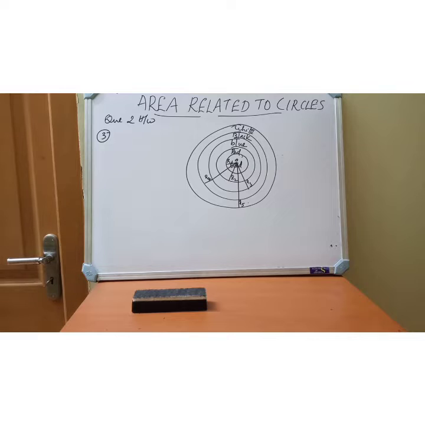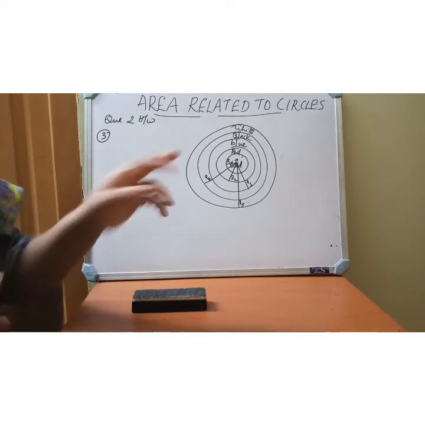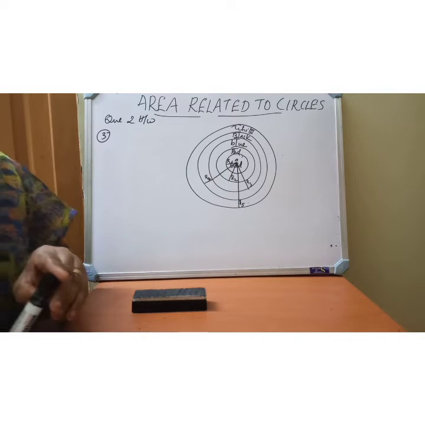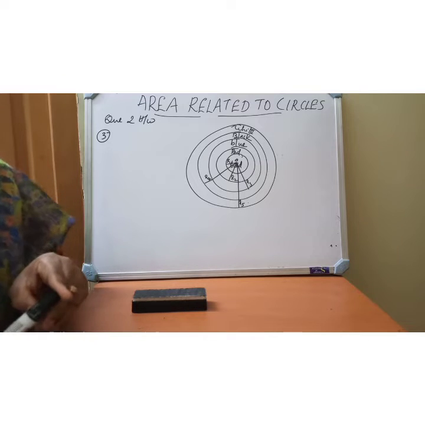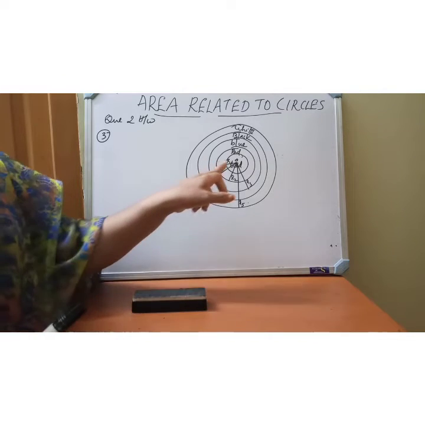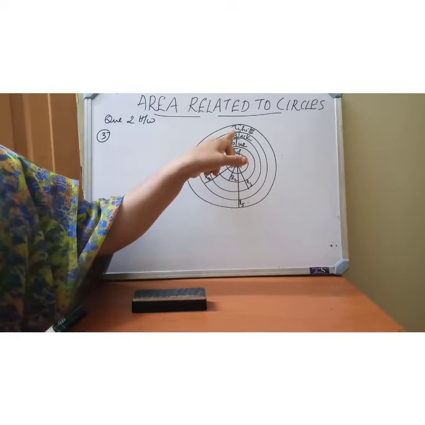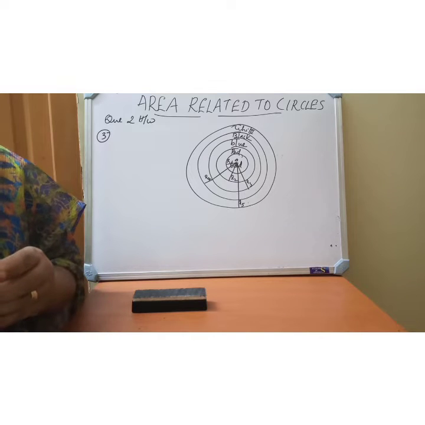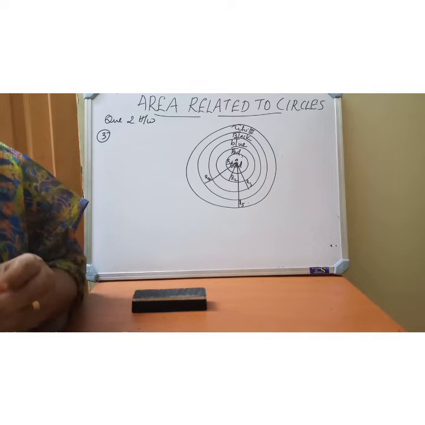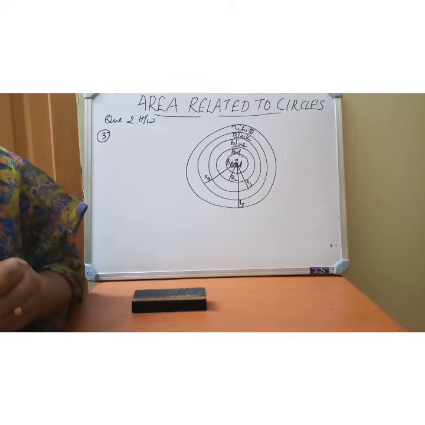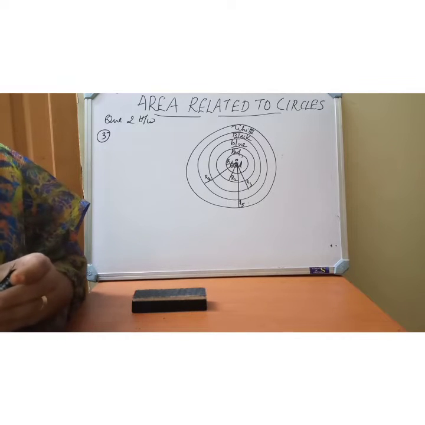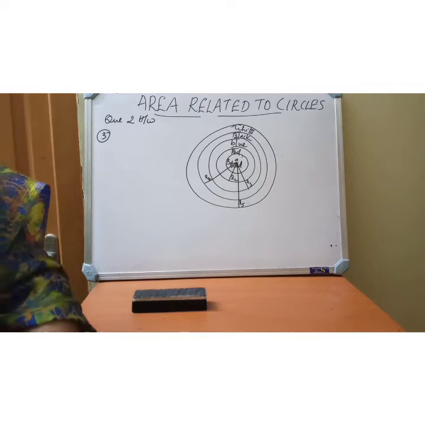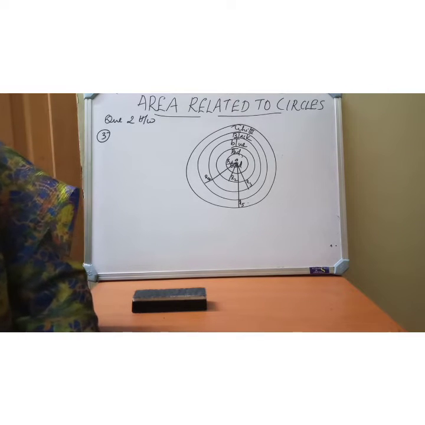Let us see question number 3. See the board. This figure is given in your textbook. The figure depicts an archery target marked with its 5 scoring regions from the center outwards as gold, red, blue, black and white. The diameter of the region representing gold score is 21 centimeter and each of the other bands is 10.5 centimeter wide. Find the area of each of the 5 scoring regions. So what are the given values in this question? Each region's area we must find out, isn't it?